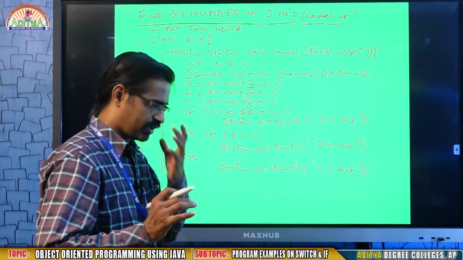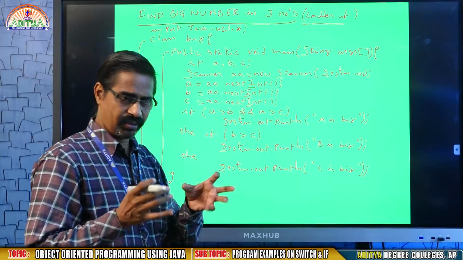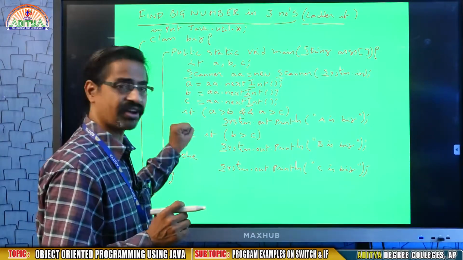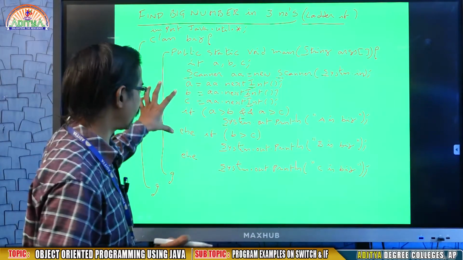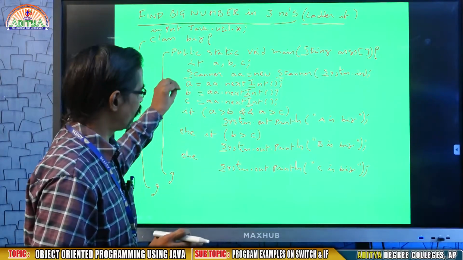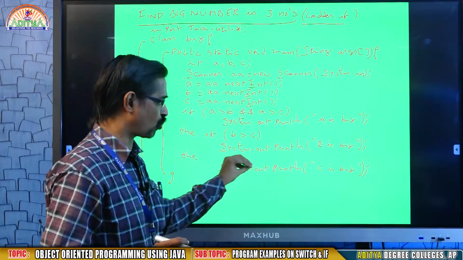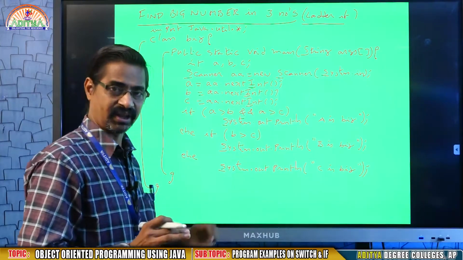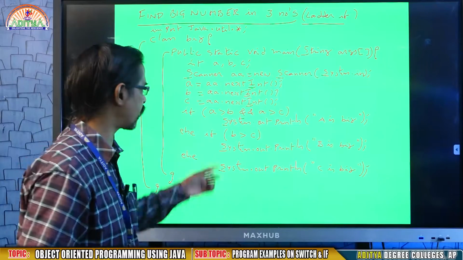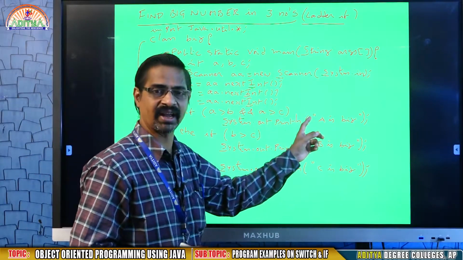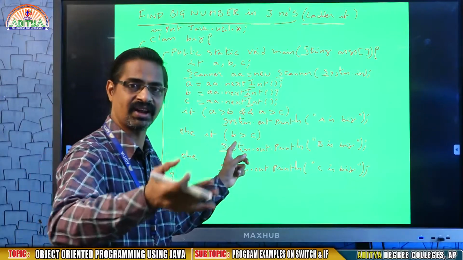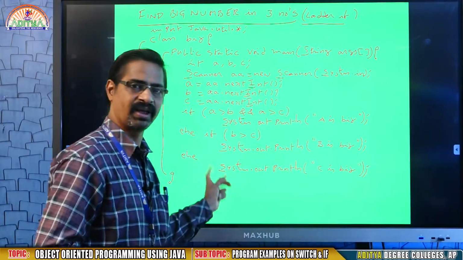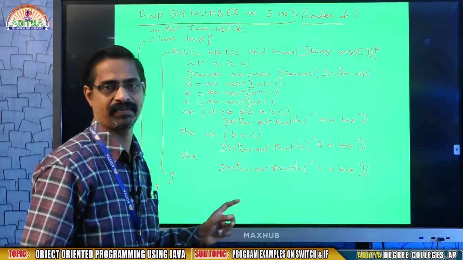But remember, concentration and dedication are important when you are writing programs. For example, it is an ordinary simple program where I give 3 numbers and the system tells you the big number. In case I want to take 5 numbers, what will you write? A greater than B and A greater than C and A greater than D and A greater than E, A is big. Else if B greater than C, B greater than D, B greater than E, then B is big. Else if C greater than D, C greater than E.